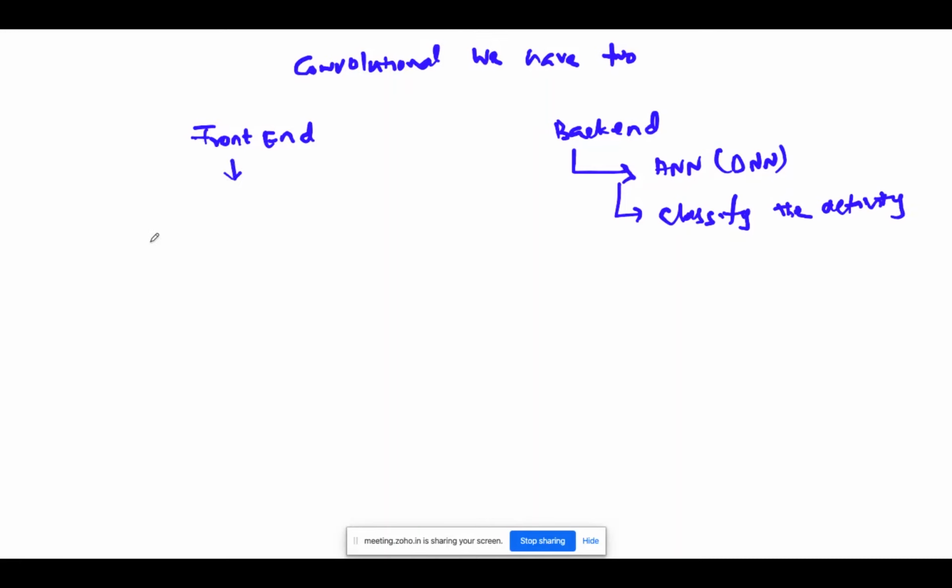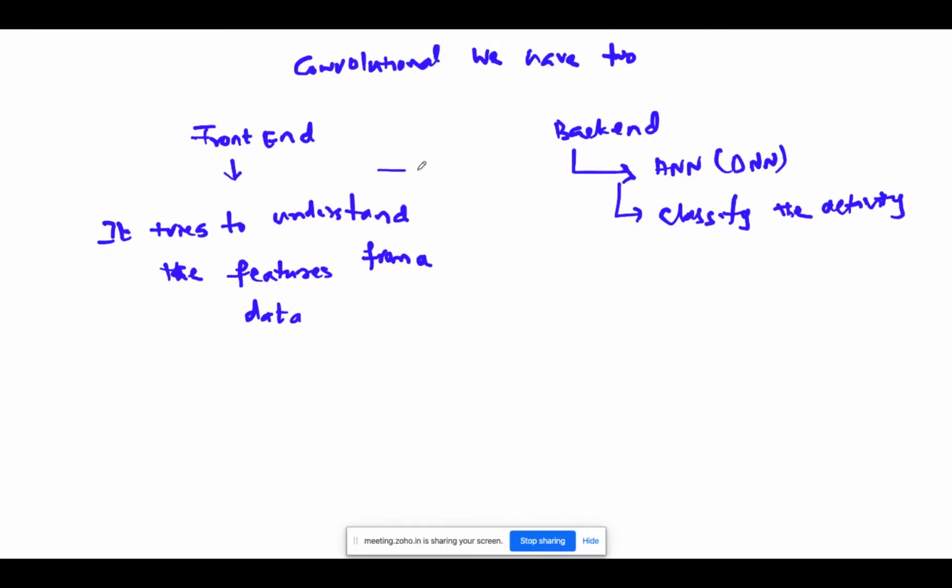Whereas the front end tries to understand the features from the data. This will be passed to the back end, which is a sequence of feed-forward propagation.